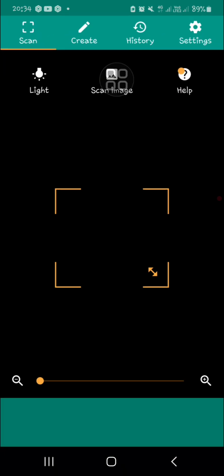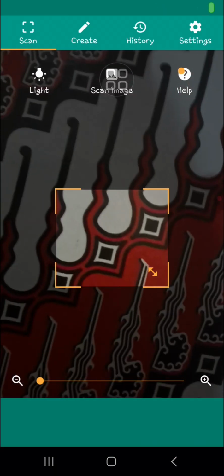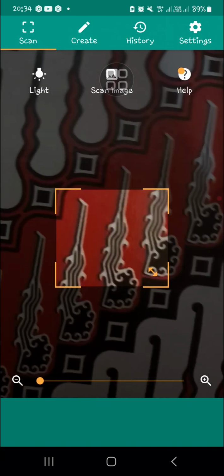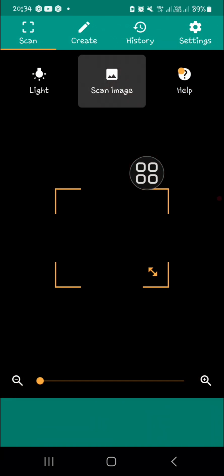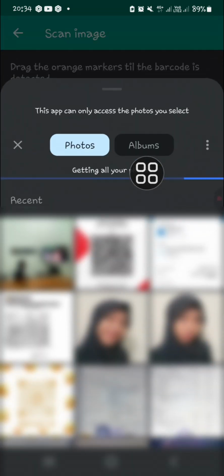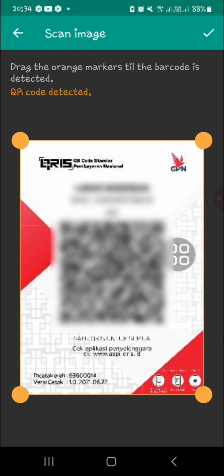Okay, and I'm going to show you another feature of this application, you can also scan an image from your gallery if you want. Just click on scan image, and you can upload an image from your gallery. For example, I'm going to scan this one. Okay, and then we can